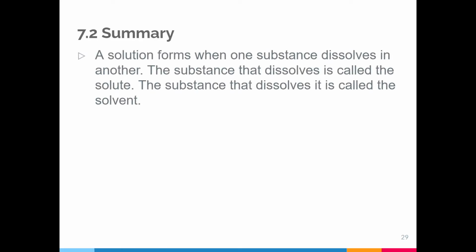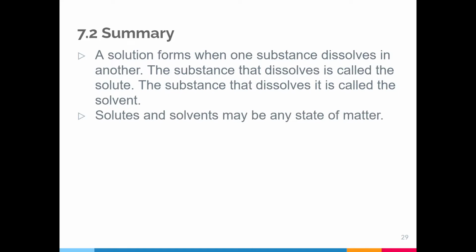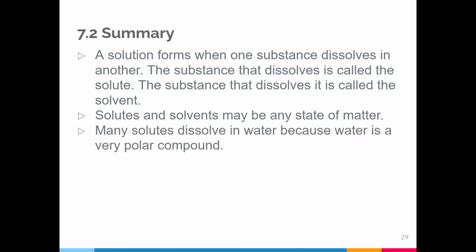In summary for 7.2, a solution forms when one substance dissolves in another. The substance that dissolves is called the solute. The substance that dissolves it is called the solvent. The solvent is usually present in a greater concentration than the solute. Solutes and solvents can be any state of matter, and many solutes dissolve in water because water is a